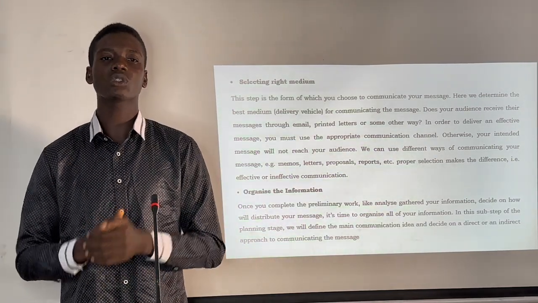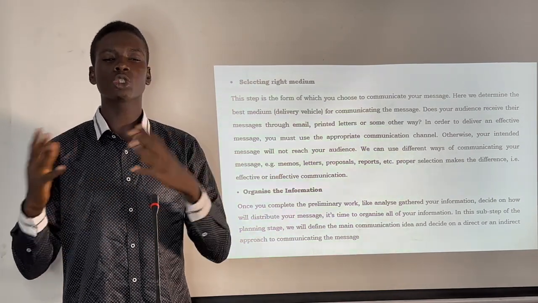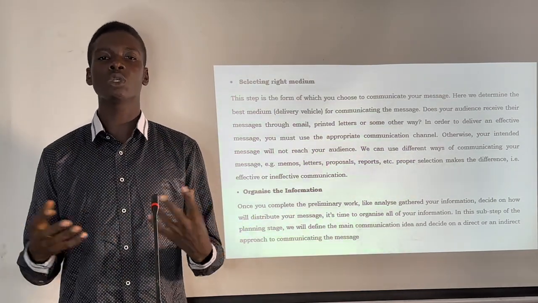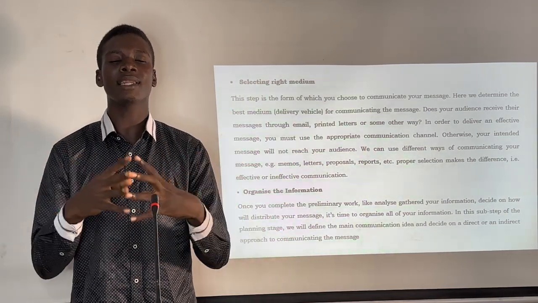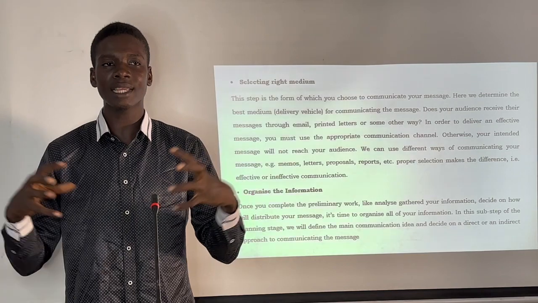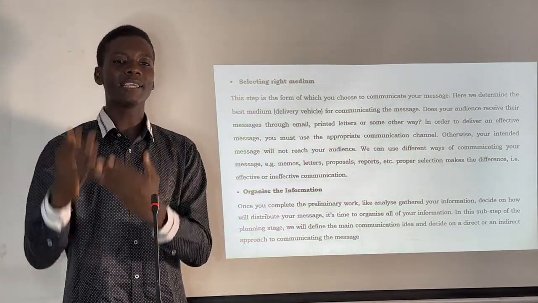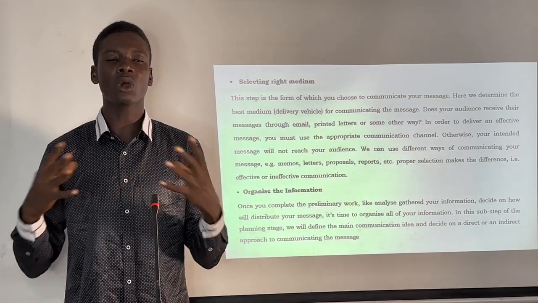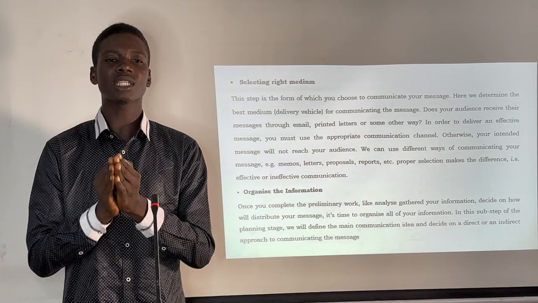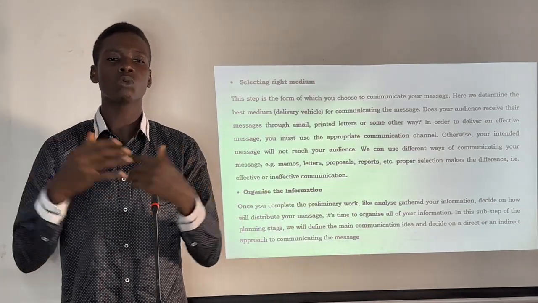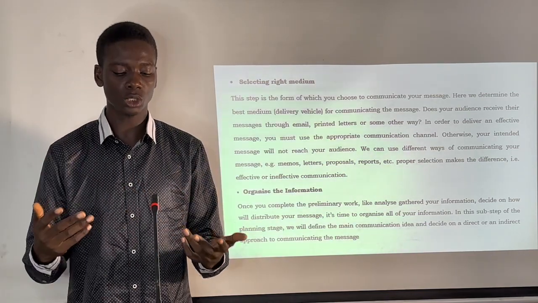Next, I'm talking about organizing the information. Organizing information has to do with sorting and classifying, and sorting has to do with proximity, that is, selecting the information. How related is it to the audience? You have to select your information and choose the type of information you want to give to your audience if it is related. It also has to do with simplicity. Whatever you are sending to your audience must not be too far from what they want. It has to be simple in a way that is very easy to understand.